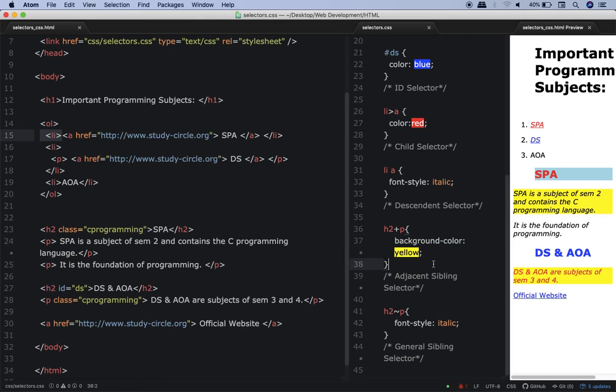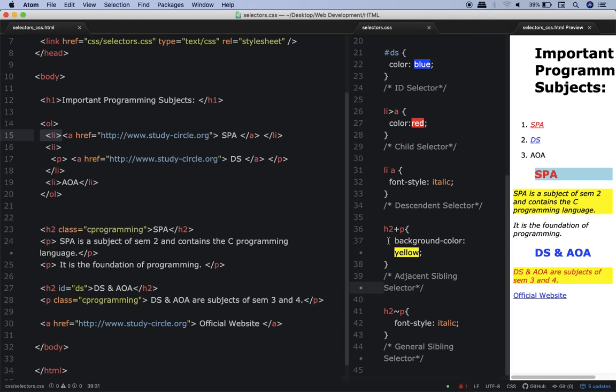Okay, now let's come to something called the adjacent sibling selector. Again, interesting. Now when you write h2 plus p, inside h2 plus p I gave the rule background color yellow. See carefully, over here there are two elements whose background color is yellow, this one and this one. So you do one thing: instead of me telling you, you try and figure out whom h2 plus p is selecting.